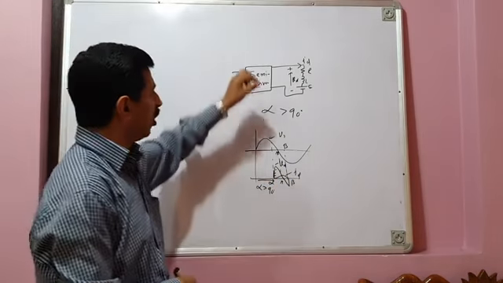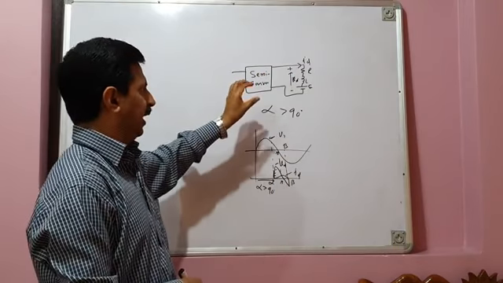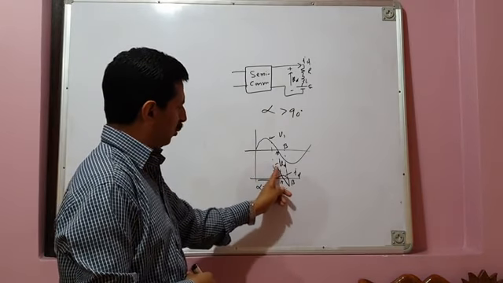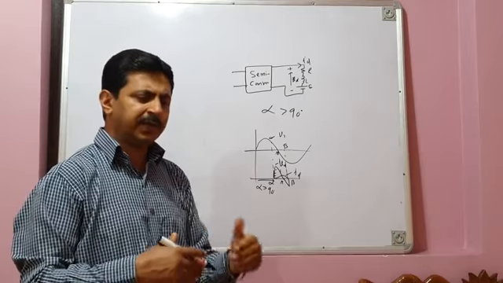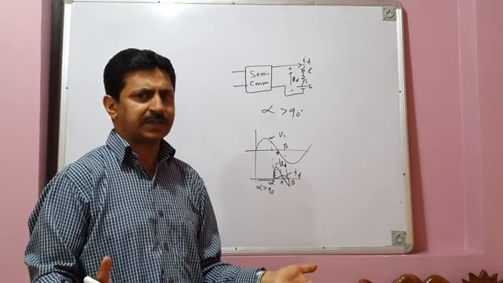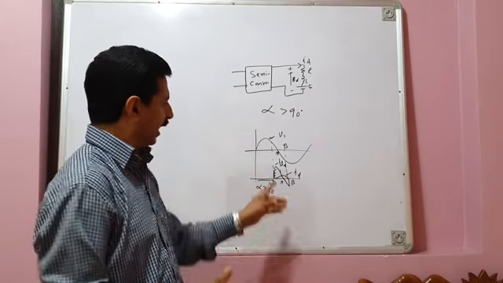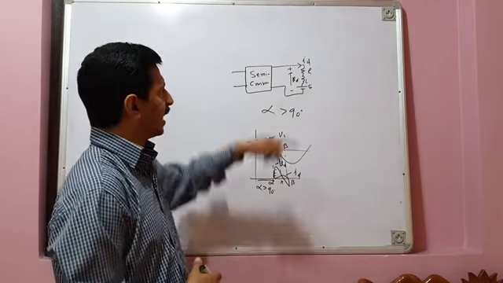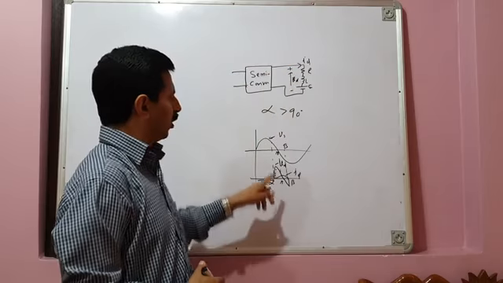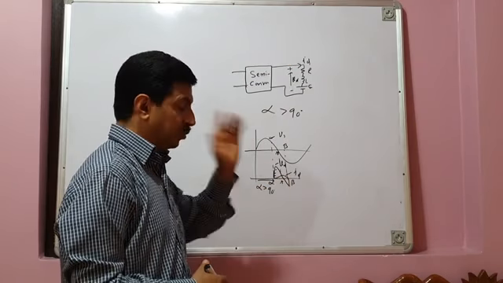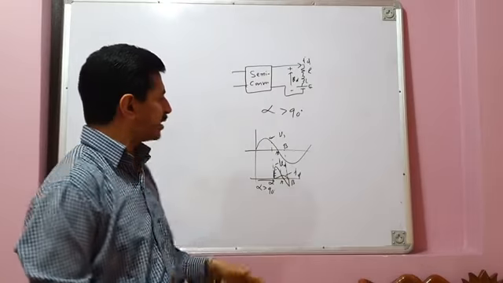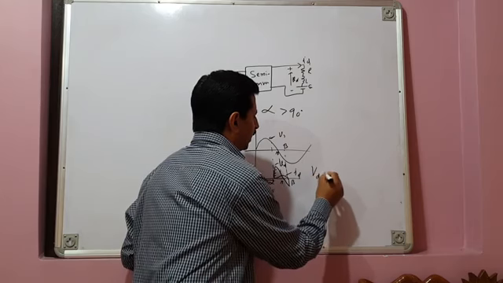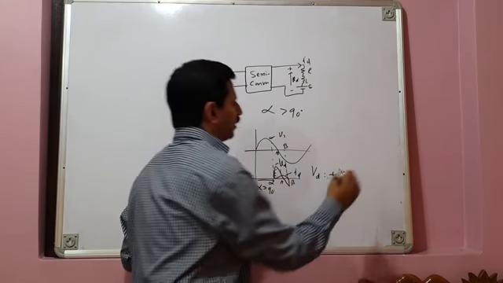A small energy is stored in the inductor because of the small positive half cycle of voltage, and the inductor very quickly releases that energy. The time taken by the inductor to release that energy is very, very small. And second, E opposes the flow of current, so it causes current to become zero quickly. That is why for alpha greater than 90 degrees, you still get rectification mode of operation. That is, VD, the average output voltage, is still positive.